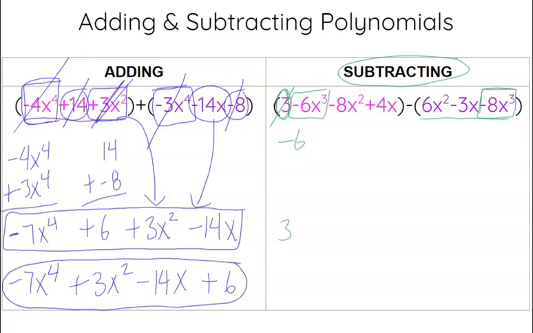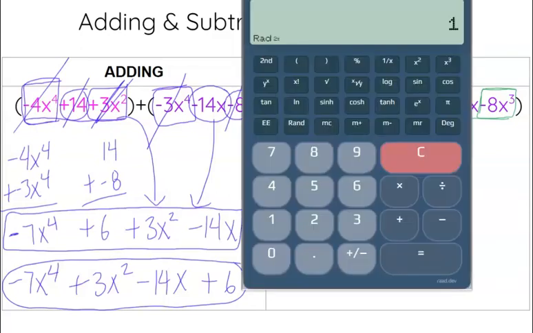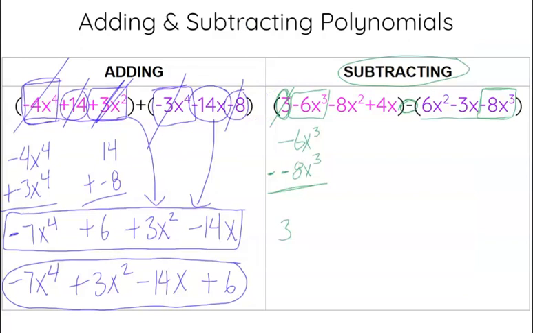So I'm going to do negative 6x to the 3rd. Now remember, we are subtracting, so it needs to be minus negative 8x to the 3rd. So we are going to do negative 6 minus negative 8. And again, you are more than welcome to use your calculator. Negative 6 minus negative 8 is 2. So since it's positive 2, I'm going to put plus 2x to the 3rd, because that's what the answer to that piece was. Done with my x to the 3rd, so I can move on to the next one,